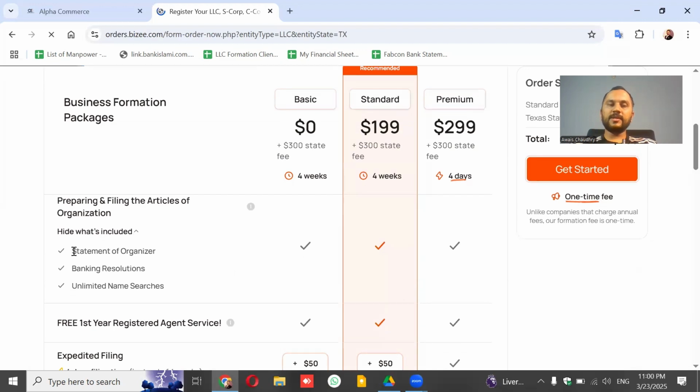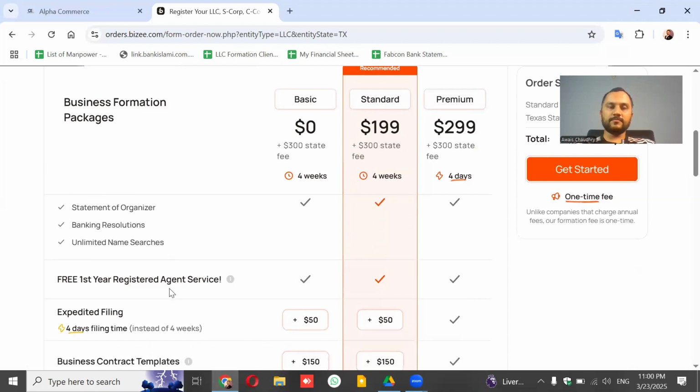That is not a big deal. You can download it from Google. And banking resolution, I have never seen that. I have never seen anyone demanded for a banking resolution from anywhere. Unlimited name searches. If you have seen my old video, then you can do this by yourself as well.